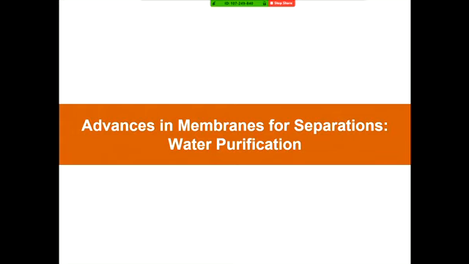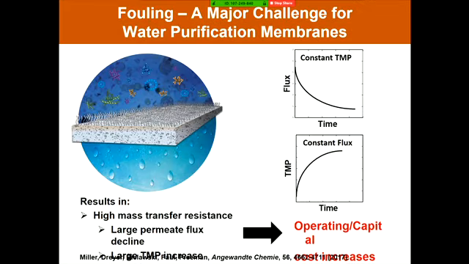And then I'd like to just touch briefly on a couple of membrane materials advances for water purification. One is related to the problem of fouling in porous membranes. Many municipal water plants nowadays will have porous membranes, ultrafiltration membranes, for example, that are filtering out viruses and bacteria, particles, a whole host of contaminants from water. And the problem is that if you're treating dirty water with membrane filters, then the filters can get dirty.